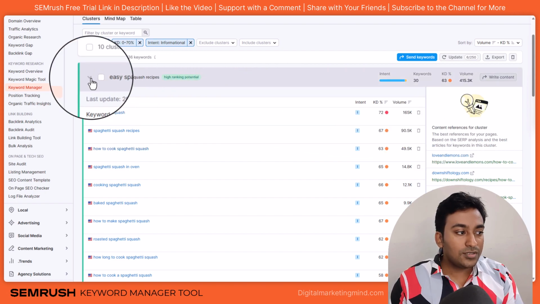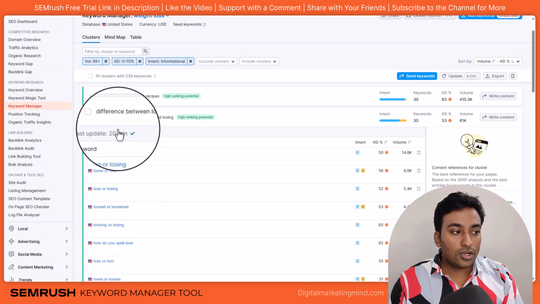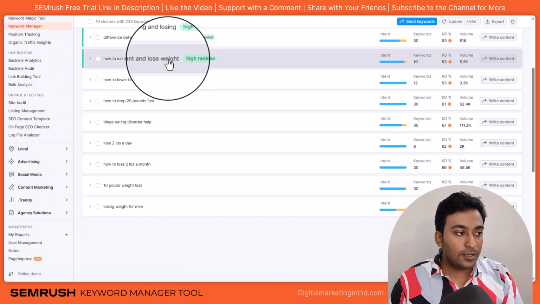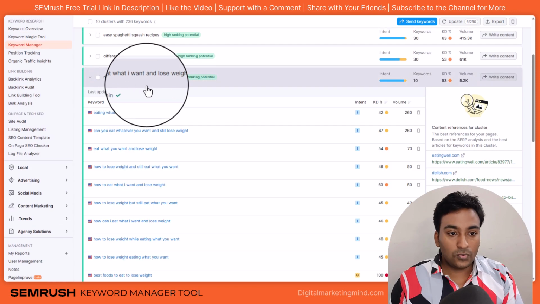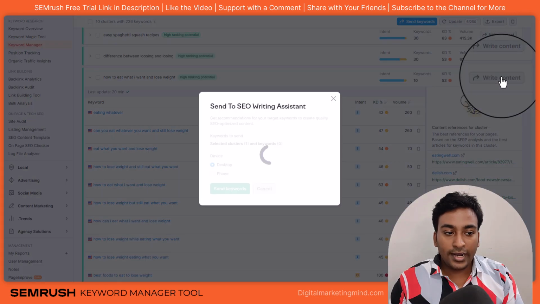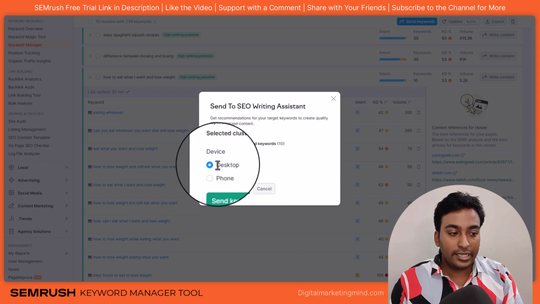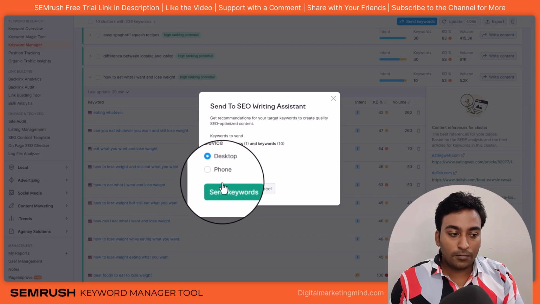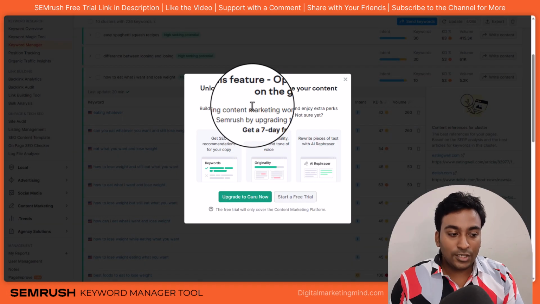Once you decide on any of the clusters you are interested in creating content for, for example, something like this: how to eat, what I want to eat and lose weight. This is a cluster which I'm going to do. I just need to click on write content, and it will say that I want to send one cluster with 10 keywords to target desktop device, and send keyword, and it will send the keywords to SEO writing.